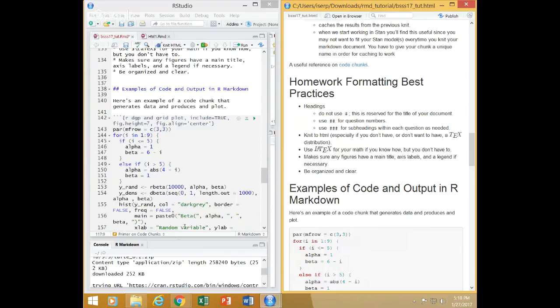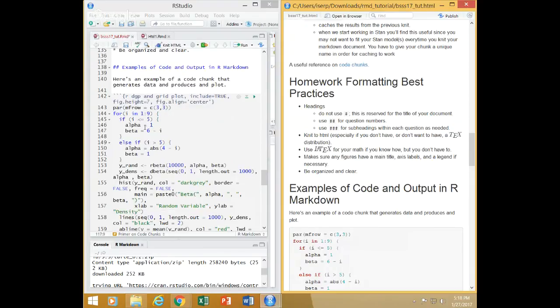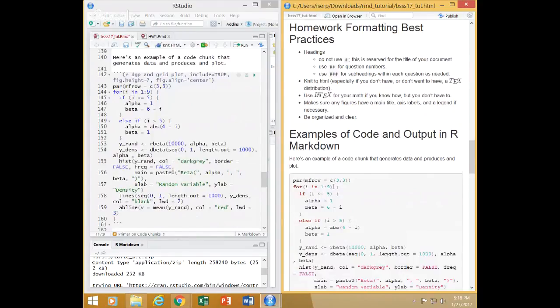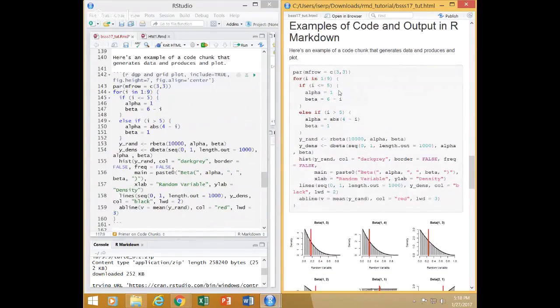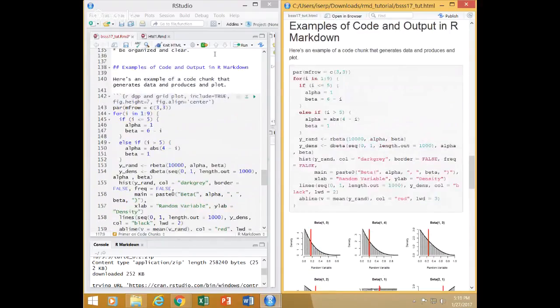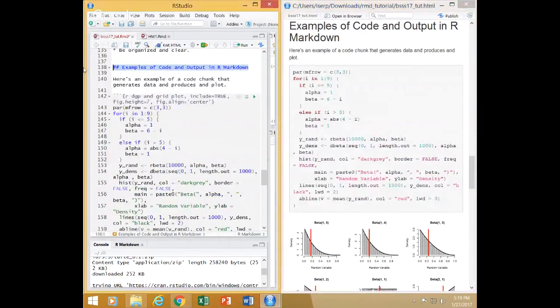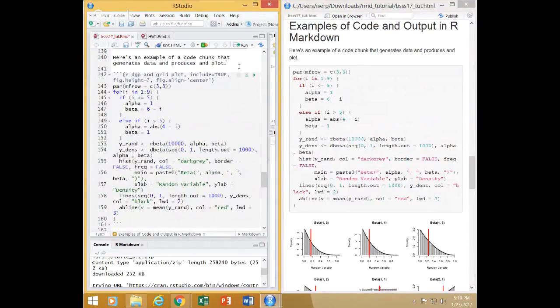Okay, so here is an example of a code chunk. Here's what it looks like when it's rendered. I have the header talking about examples of code and output in RMarkdown. Here's some text that explains something about the code that's to come. It should explain more, like, I'm going to generate a 3x3 grid of beta distributions using various parameters and also plot the mean. And then